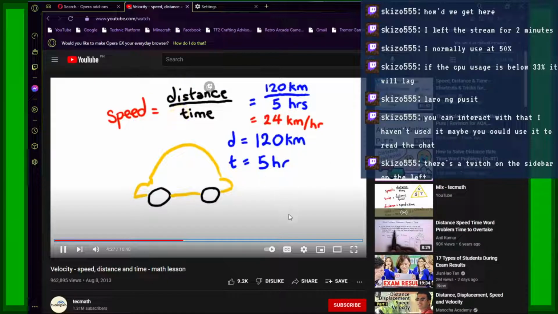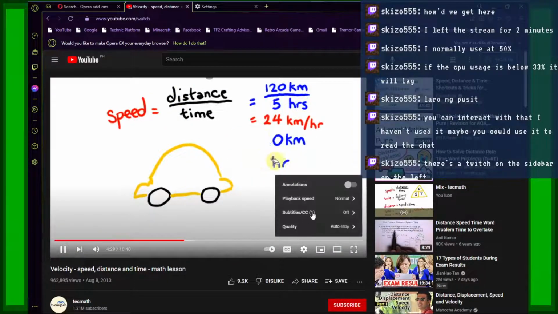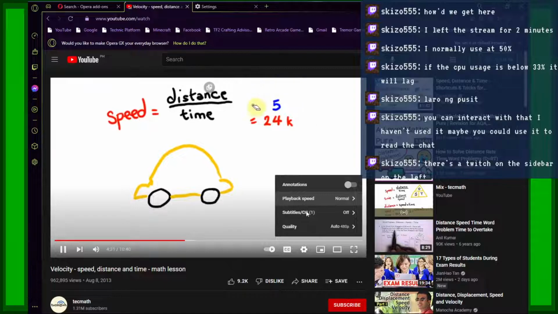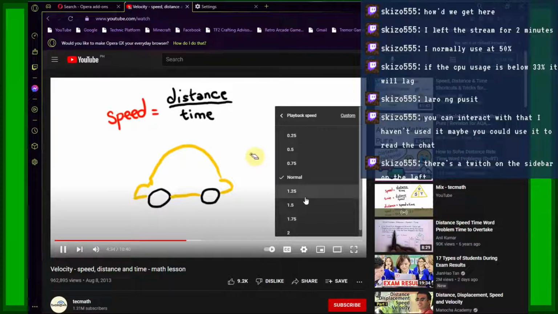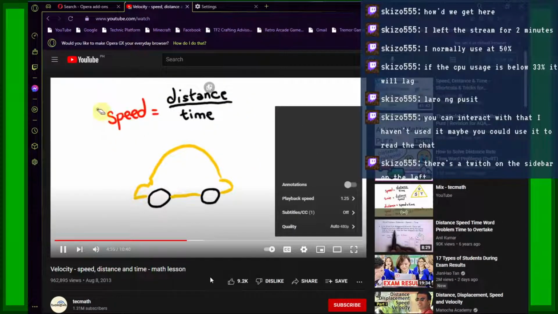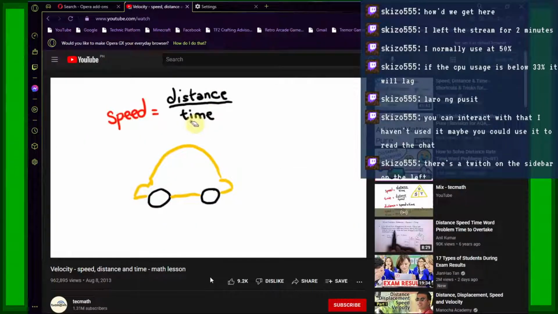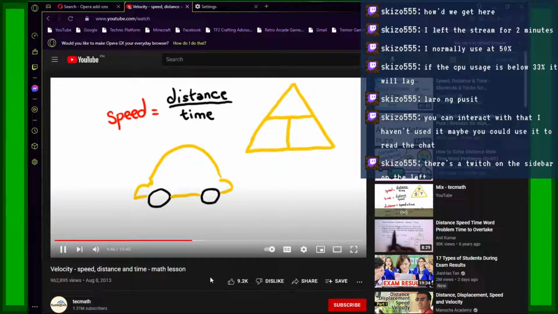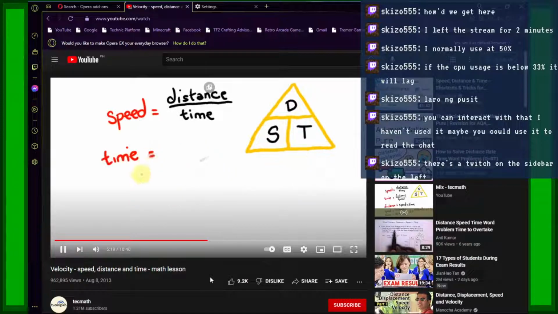Well, I'm going to show you a little way of being able to change this formula around, and this is not involving anything dividing by this or timesing by this and then moving that over there and moving this over here. I'm going to show you far faster a triangle, and we're going to be using that to find the distance. This would be the speed, time.